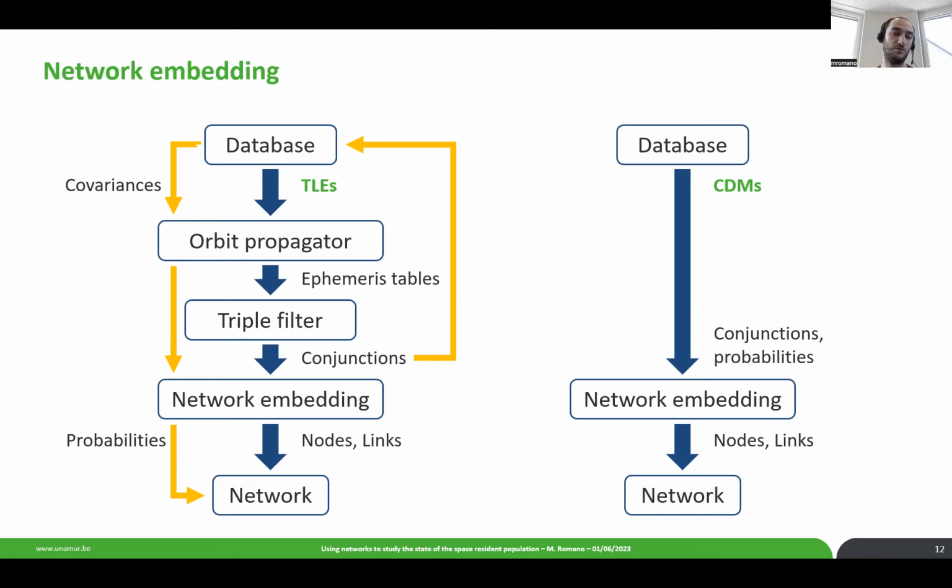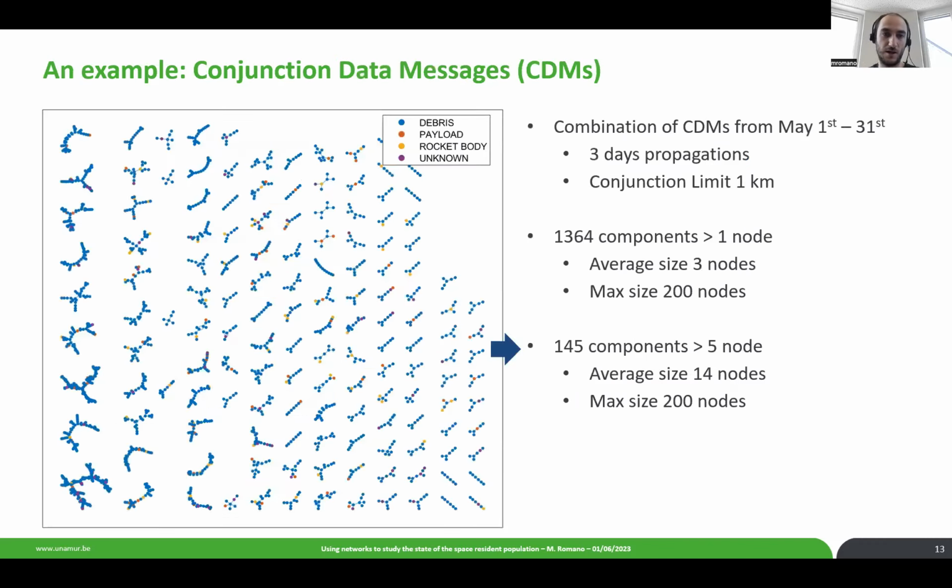These are actually notifications that some entities release publicly or give to satellite operators to notify them that there will be conjunctions with a risk of collision, and they do all the previous work for us, because they already include all the conjunctions with probabilities, epochs, which are the satellites, and so on. And actually, I can show you what we obtain from this. So for example, using conjunction data messages